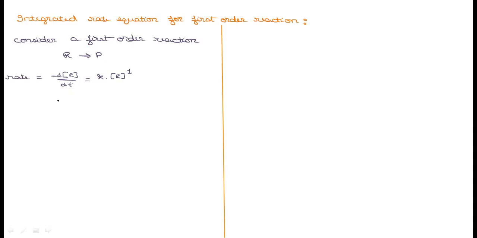Now we'll take both and rearrange. As the concentration terms are on both sides, we'll arrange them towards one side. Now dR divided by R. This negative sign we'll consider towards this side, or multiply both sides by negative, and negative negative becomes positive. Here it will be negative. It is minus k into dt. Now we'll call this equation 1.